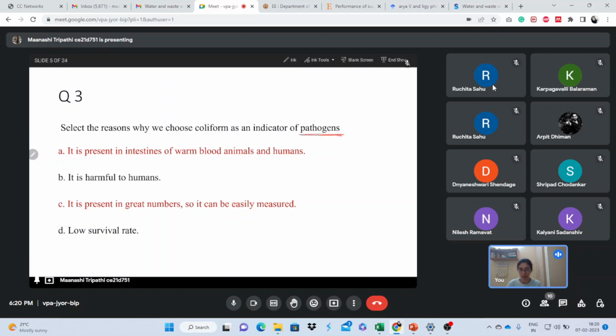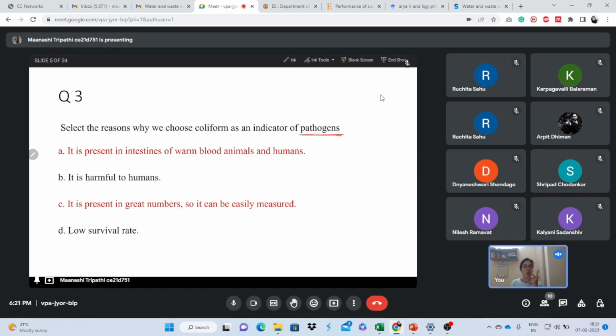So that is very important. Most of the bacteria are very good, and we have no problem with those bacteria. We are eating curd because of those good bacteria. We are eating cheese. We are eating many things. Wine. These are because of good bacteria. So bad bacteria means disease causing bacteria are called pathogens, and we want to kill only them. We are not interested in killing good bacteria.